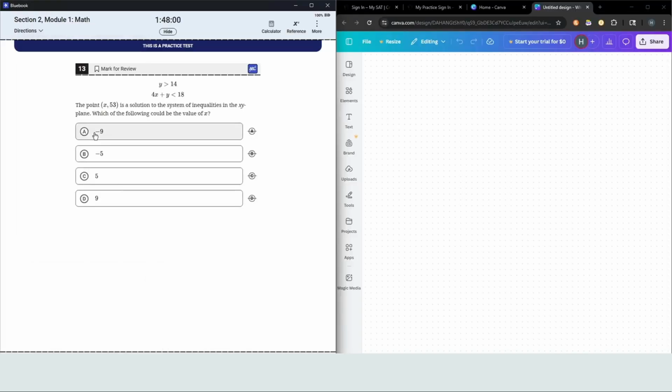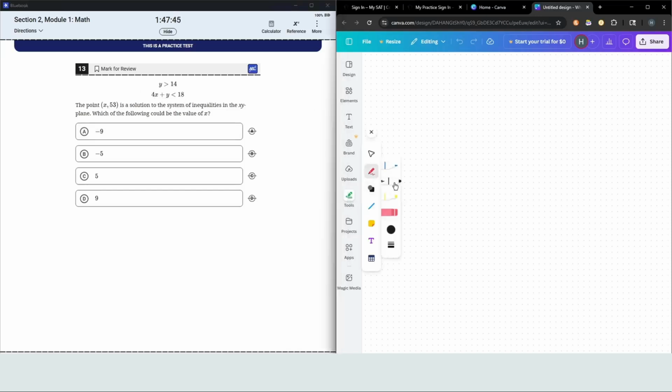Question 13. The point x, 53 is a solution to the system of inequalities in the xy plane. Which of the following could be the value of x? To find the value of x, what we can do is take the system of inequalities that has x in it and solve for x. So if you look at the whiteboard over here,